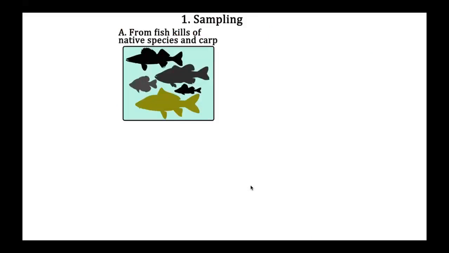So our strategy of going about this is to sample fish from fish kills of native species and carp. Basically, a fish kill is if you go out to a lake and you see a bunch of dead fish in one spot. If it's 5 fish, it's a fish kill. If it's 1 million fish, it's a fish kill. But we wanted to look for things that were in native species so that we can rule those out if it causes disease in native species. And we also wanted to find things that were in carp so that we could consider those as candidates.